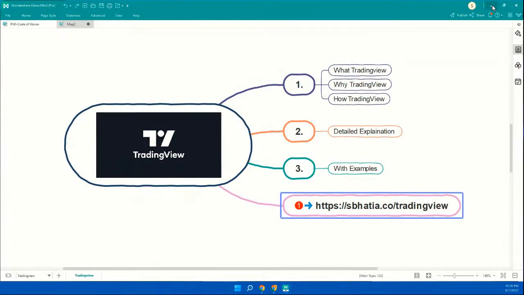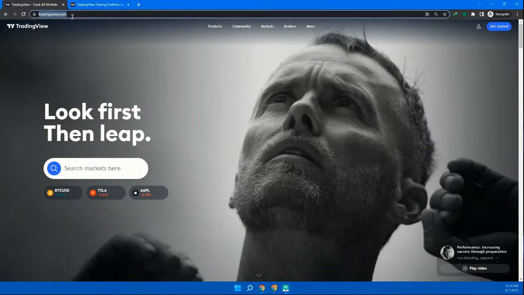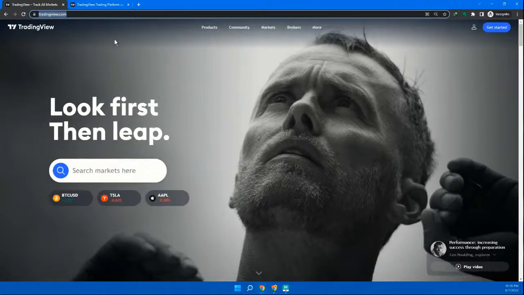So what is TradingView? Let's start with it. If you go to your browser and type in tradingview.com, you will end up on this website, and you will see a few things. In very simple terms, TradingView is a SaaS based charting tool. But it goes beyond a charting tool, and I will try to explain how. What is SaaS? It is software as a service. So there's nothing you have to install on your local machine. Everything is available. If they make any new updates, everything is available for you to start using straight away